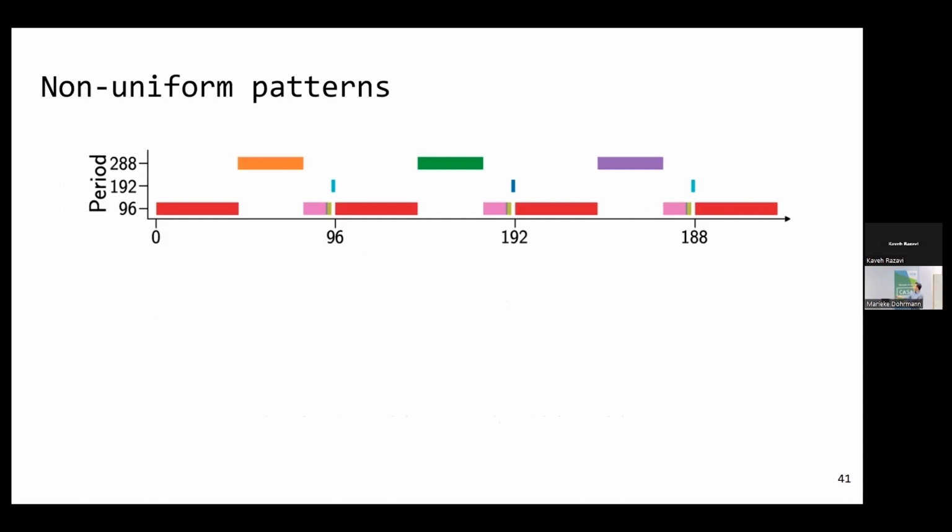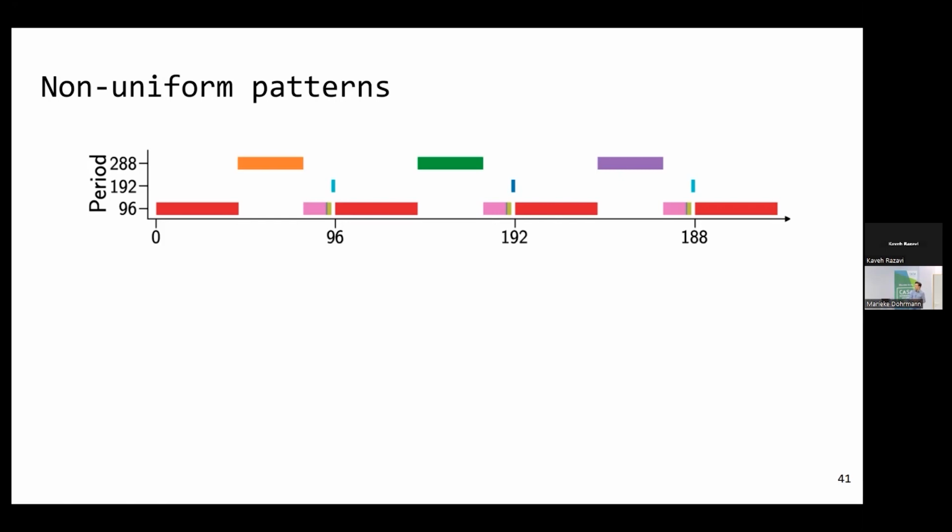Here you have a pattern that repeats, I think goes up to 200-something. And then you have a base frequency, which is this 96. This part of the pattern repeats every 96. And here you can see, for example, one row is being hammered for half of this time, and this is repeated in every one of these base frequencies. Then you have another one that is repeated less often, hammered less. You have one other row that is hammered very little, but is repeated more often. And so you can see there are these different aggressors that are being hammered at different